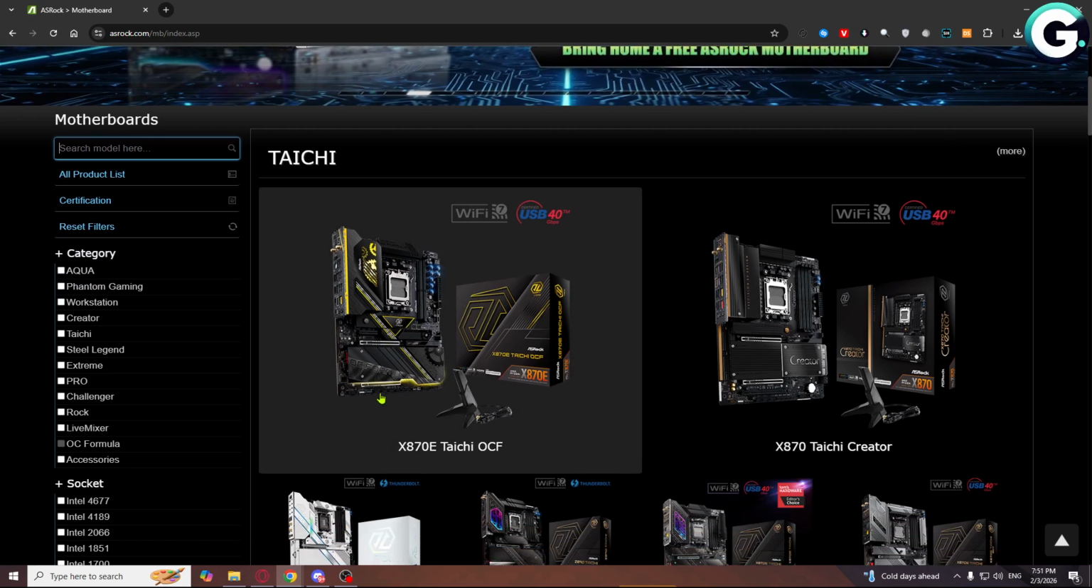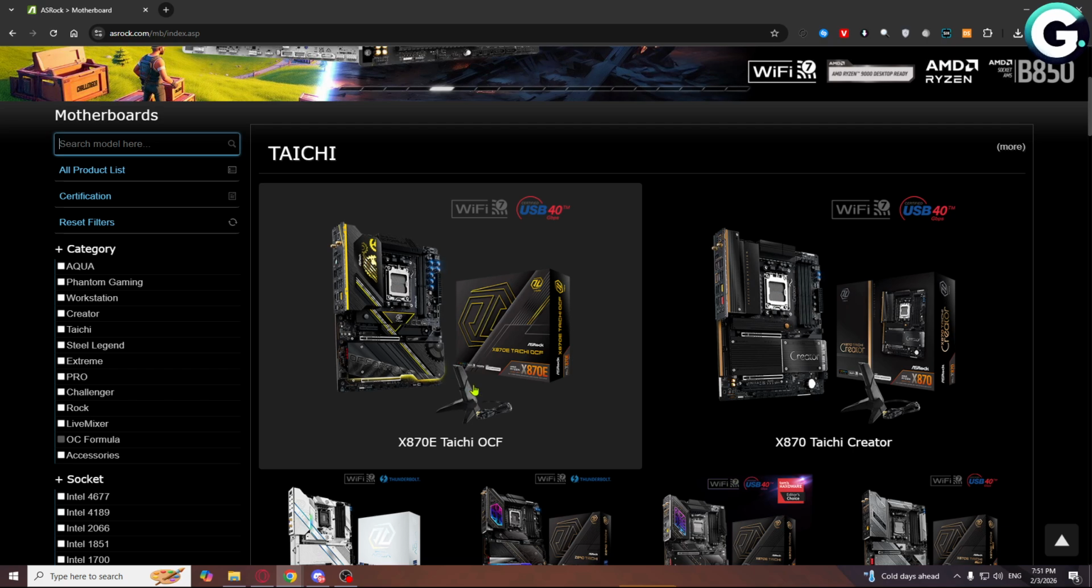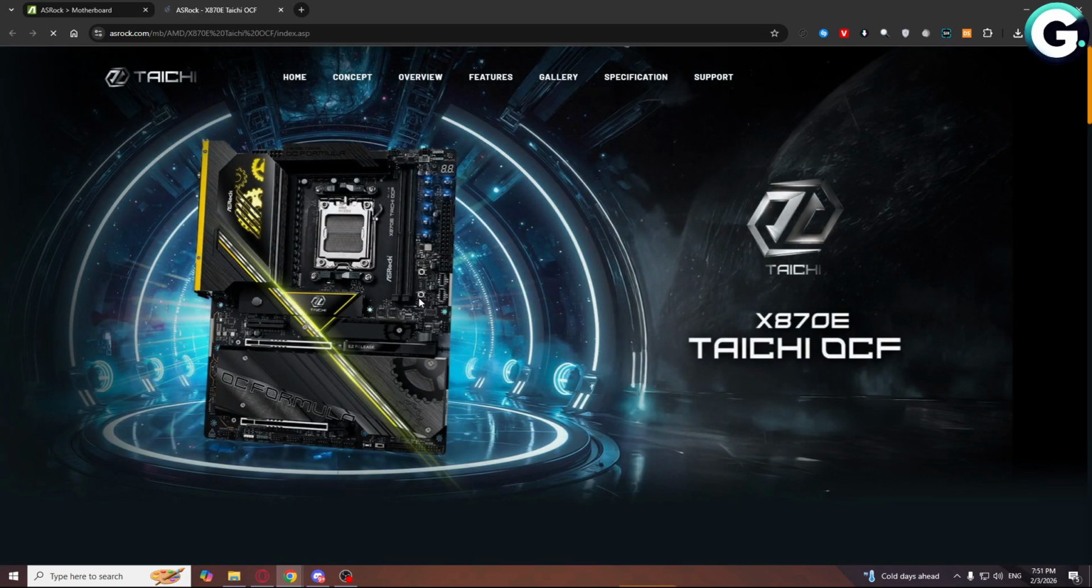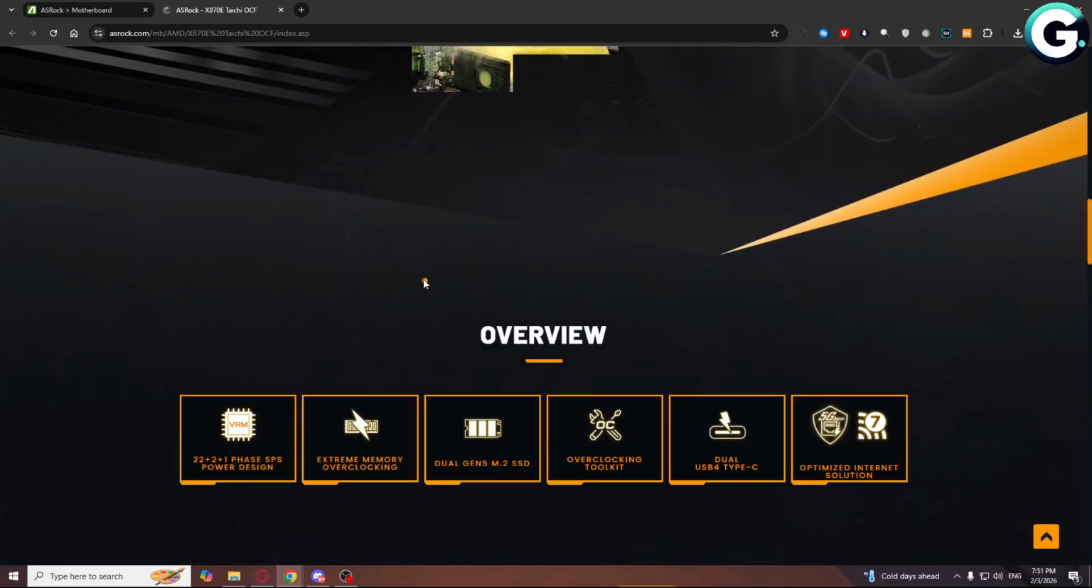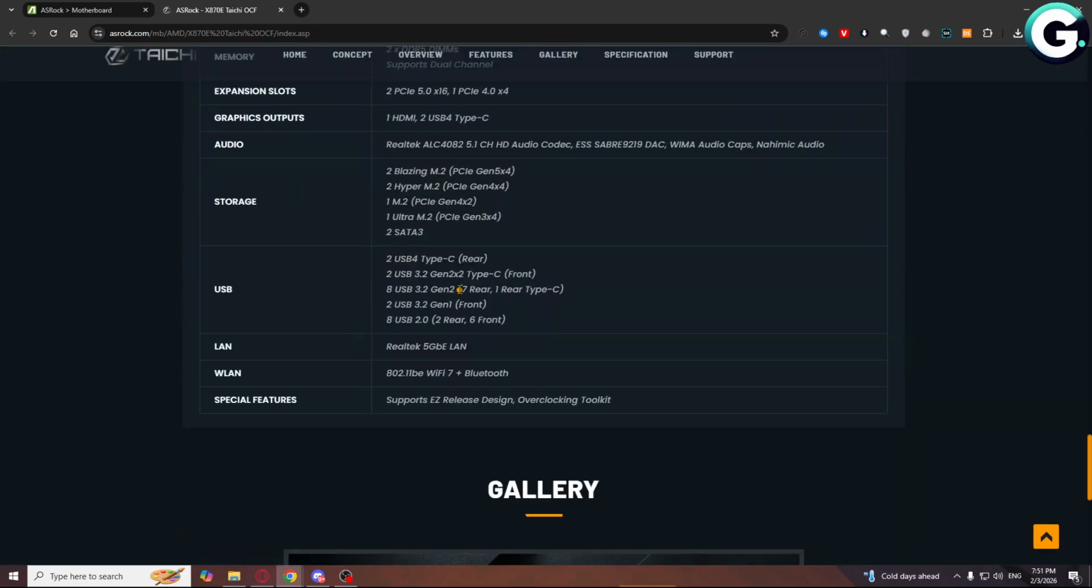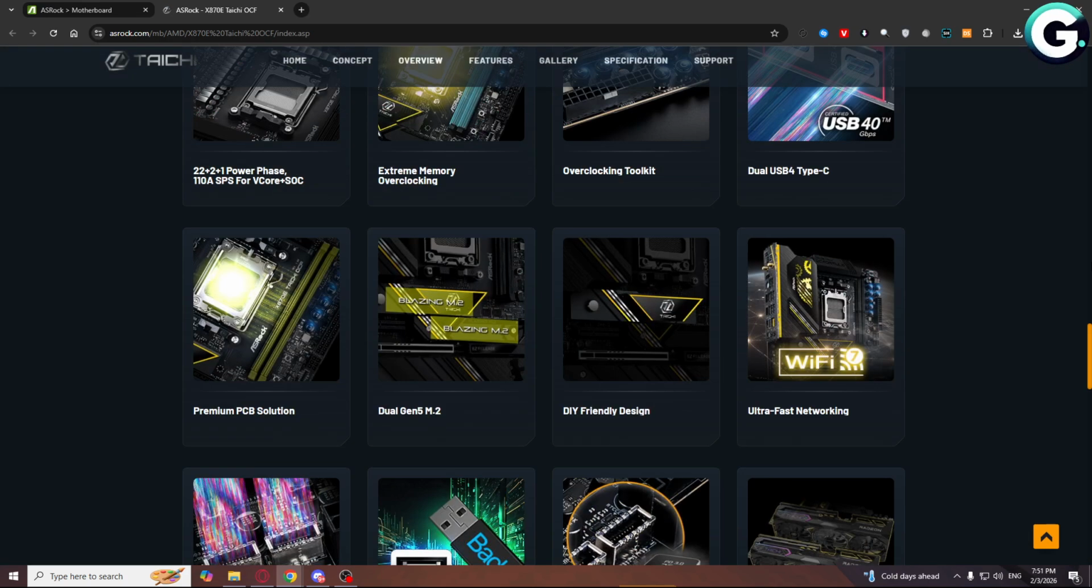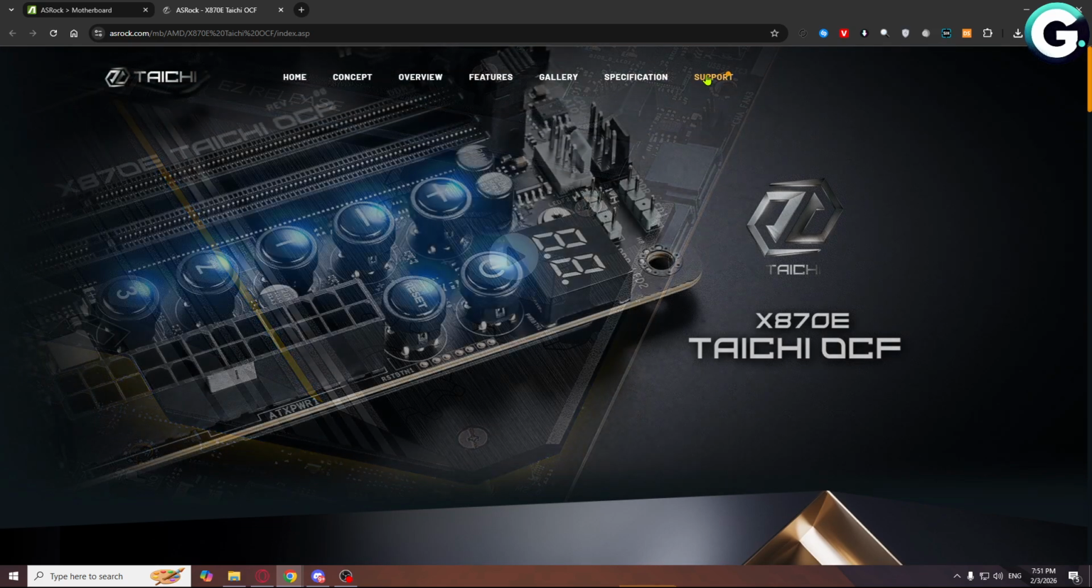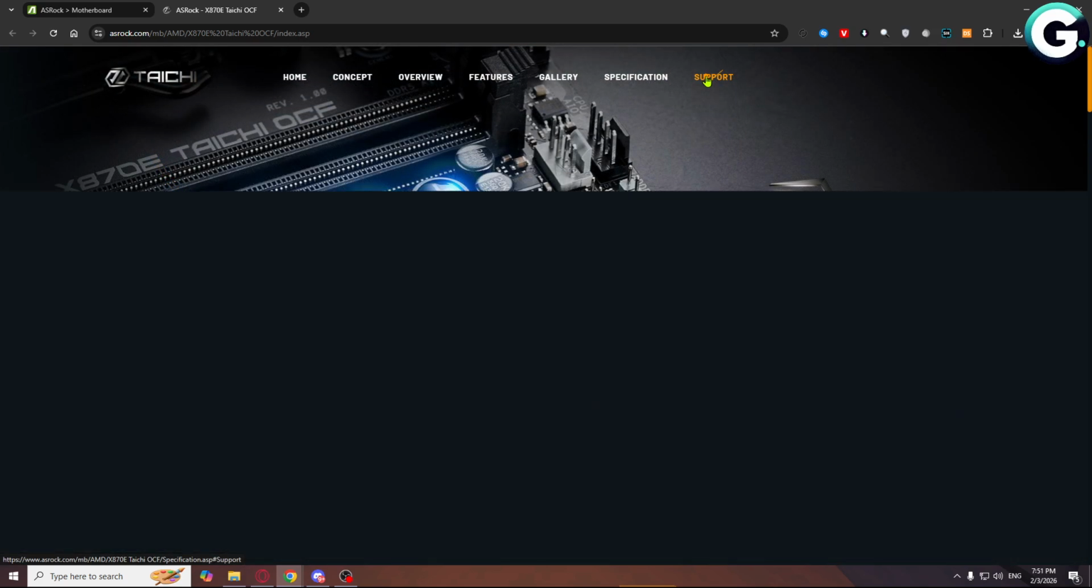And let's say you have this motherboard Taichi OCF. So just click on the motherboard, scroll down, and you'll see the gallery, etc. But you'll see the support right here. Click on the support